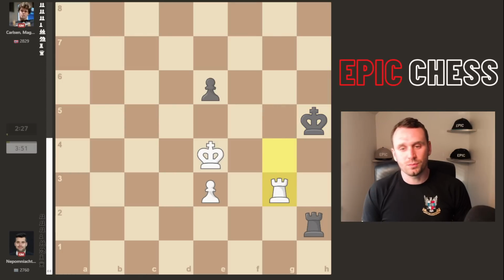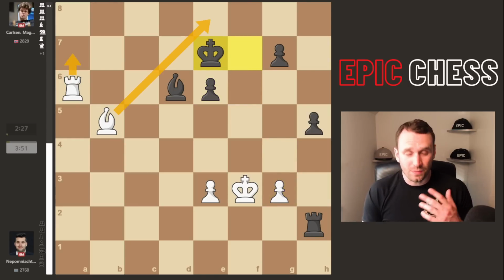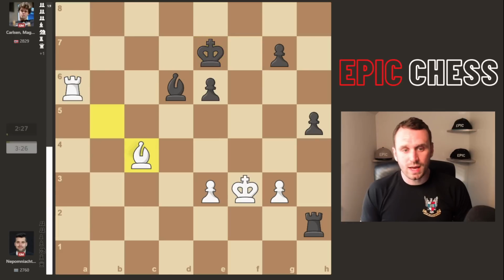I mean, as ever, the computer just finds its way through all of this stuff, crunches it. These are not easy concepts to find, you know, rook a7, bishop e8. But that was the way to go. But what Jan did was bishop c4. You see that eval bar go, because now